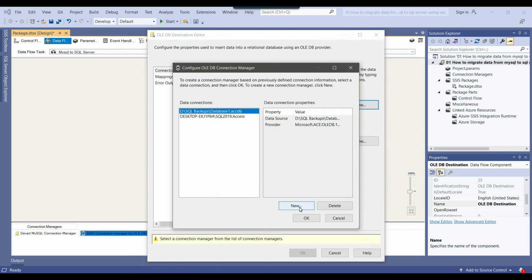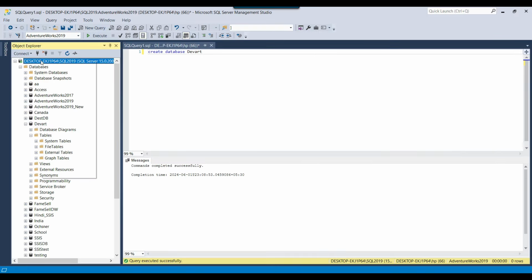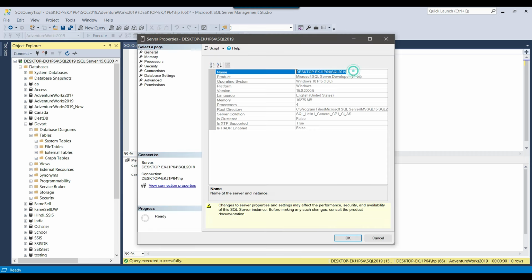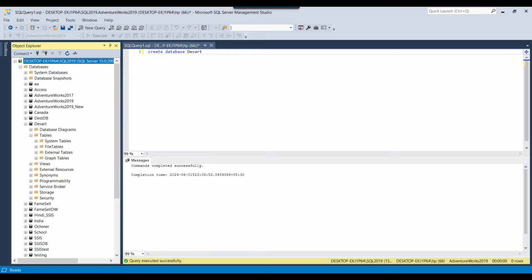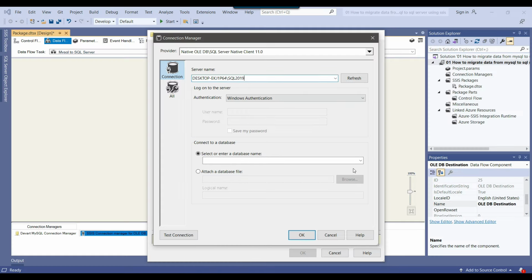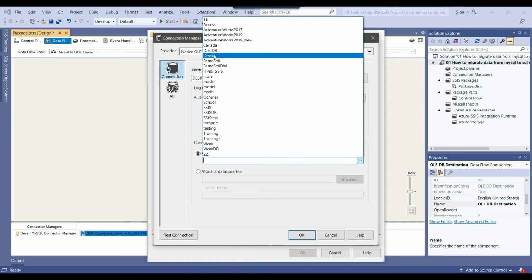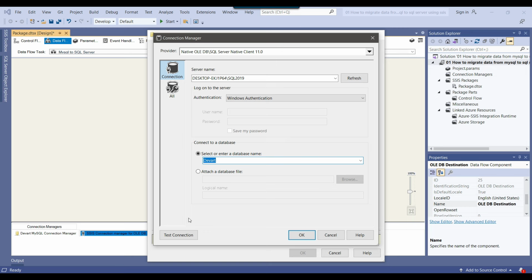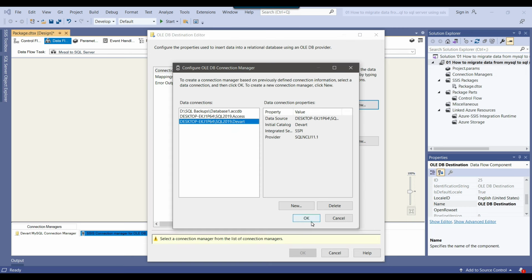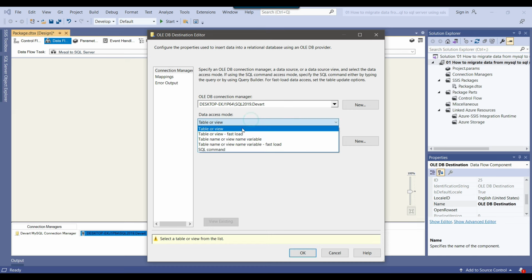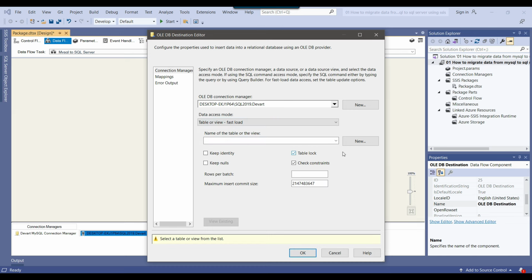So I can click new, and I can copy the SQL Server instance name from here. Now I can paste the instance name here, and I need to select the database name. So the database name is this one, Devart. So the test connection succeeded. Click OK, OK, OK. Now from data access mode, we will select table or view fast load,